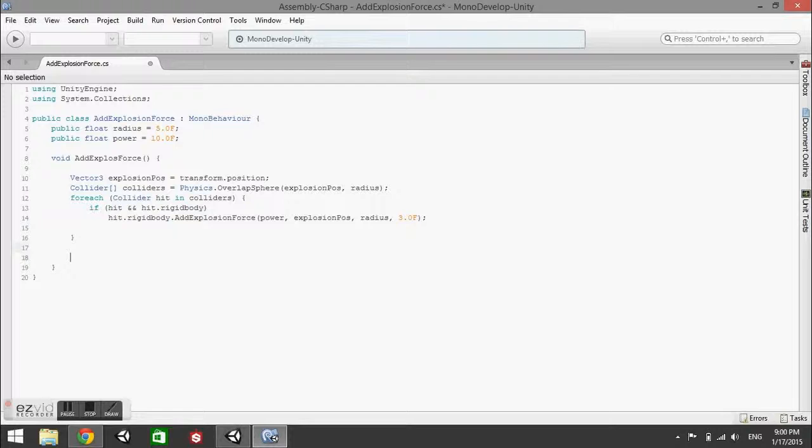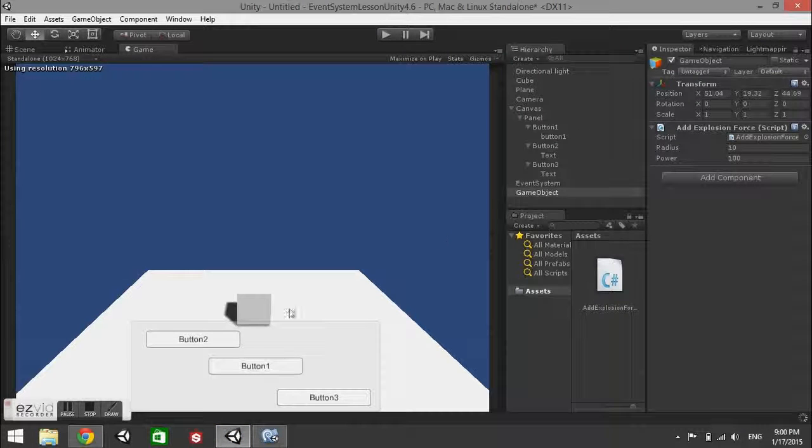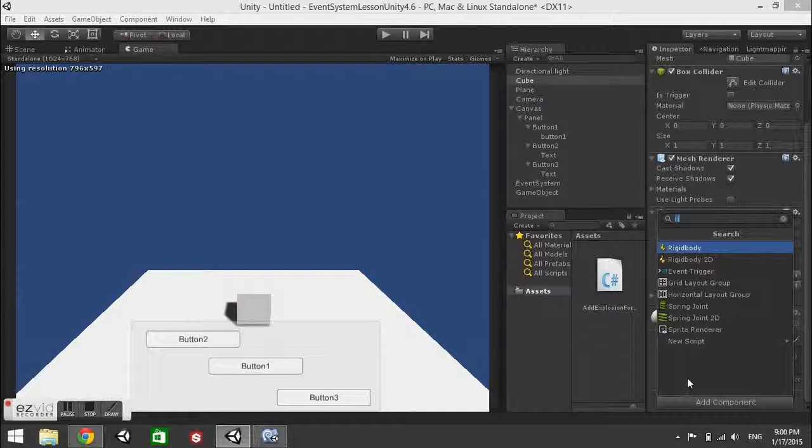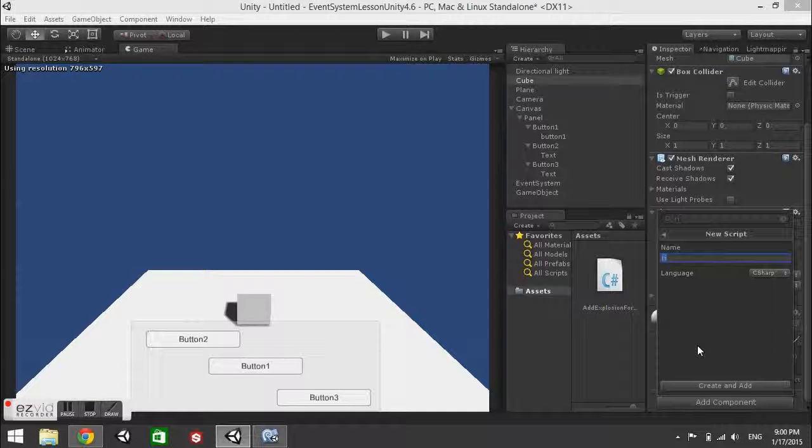I'm going to call this function, and actually we're going to make this in a separate script. Let's go ahead and make it on our cube. Go to add component, new script. We're going to call this reset object, and this would be useful for mini games, racing, Mario Kart. When you fall off the track, it resets you back on the track. So this is a really useful code, and we can easily access this with our new UI event system